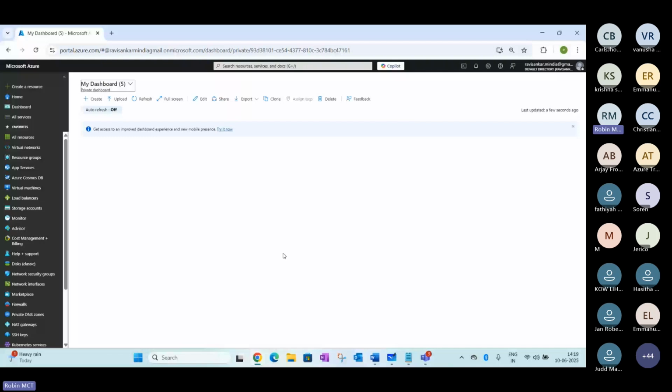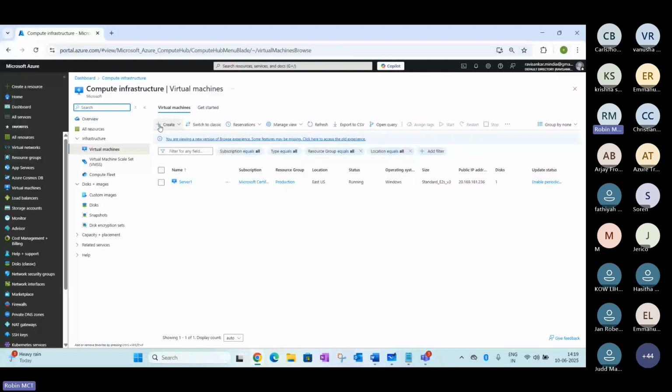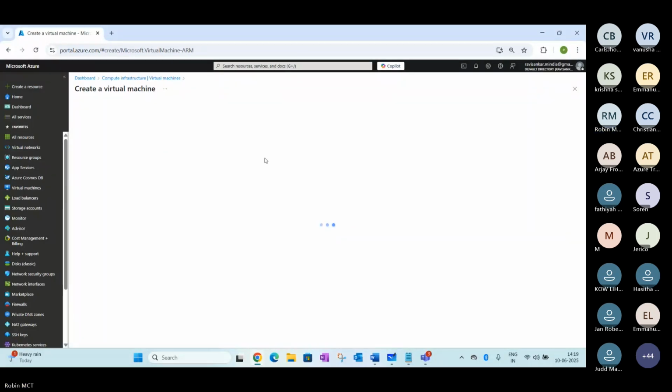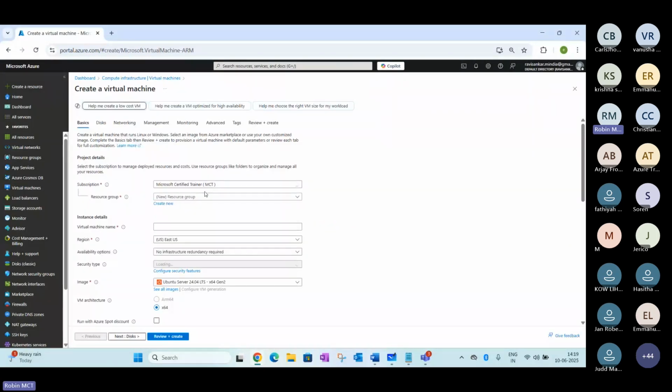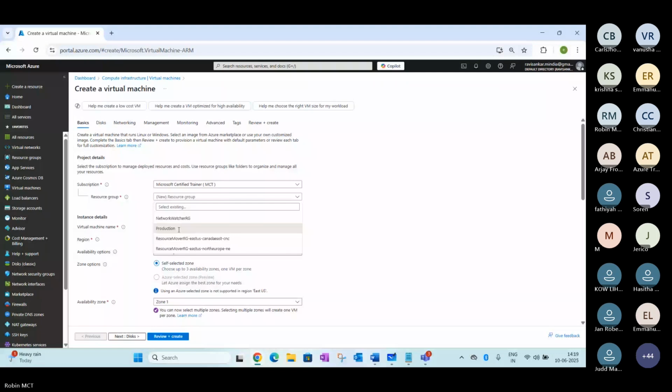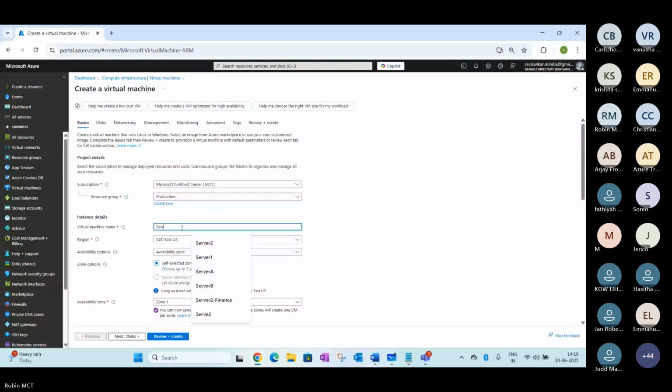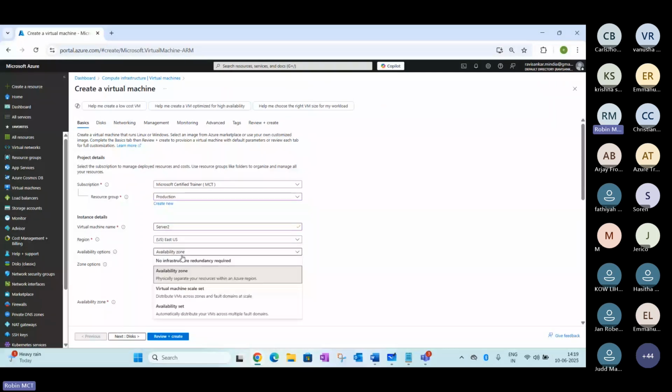You may be able to see this loaded again. Let me try to create one more VM here. Trying to create it on the same subnet. Trying to create server 2 here.